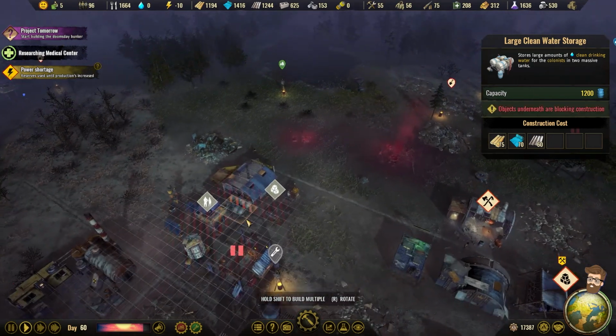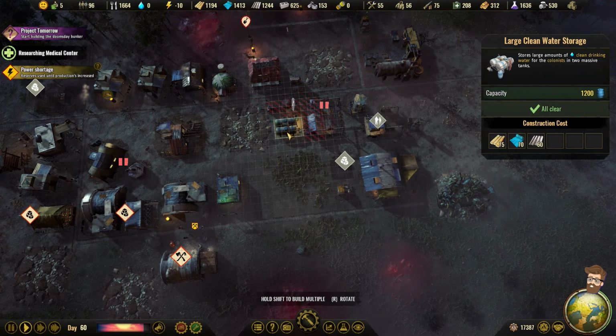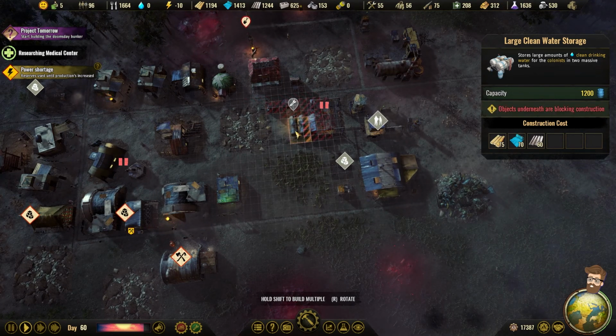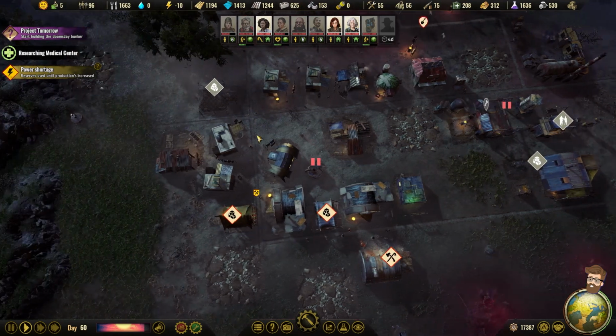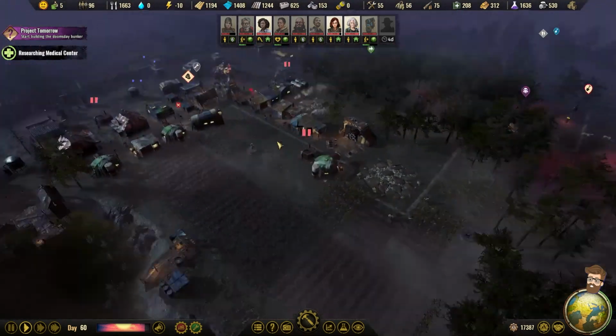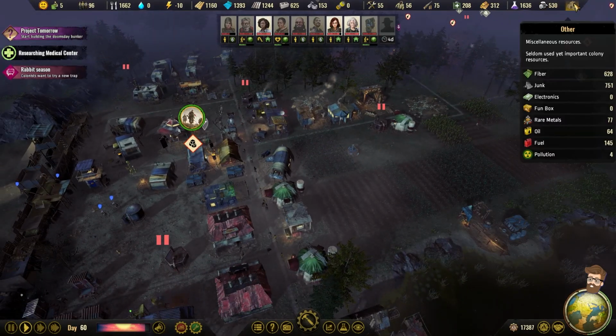Find a spot for it too. That's actually a pretty decent spot right there. Put it next to the garage, next to the water tower too, just to guarantee we have plenty of available water for the colonists. Looking at clothing, this has been a...